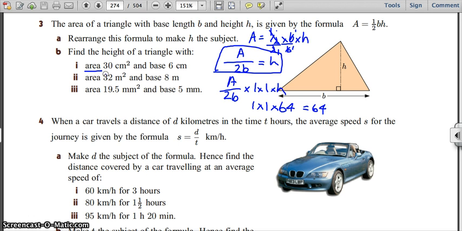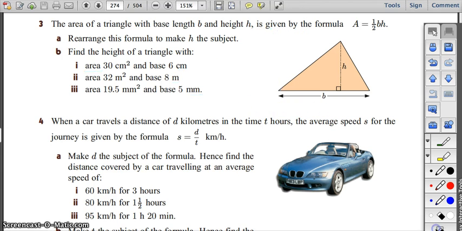Because A is 30 on this occasion, B is 6, A is 32 on this occasion, B is 8, A is 19.5, B is 5. Just watch out. But all they're asking is find the height of the triangle, so you're only putting in different measurements for whatever the height of the triangle is. Yeah. The next one,